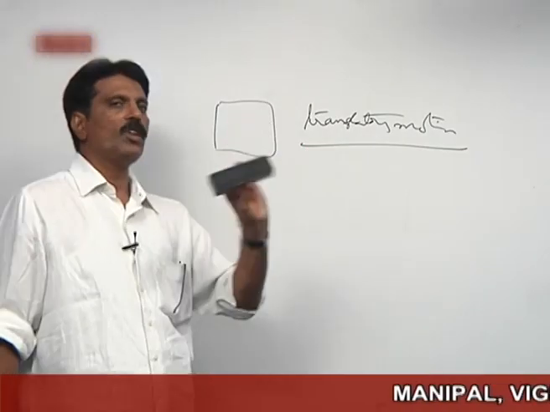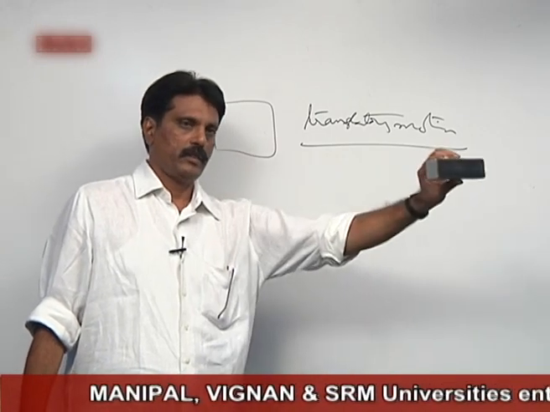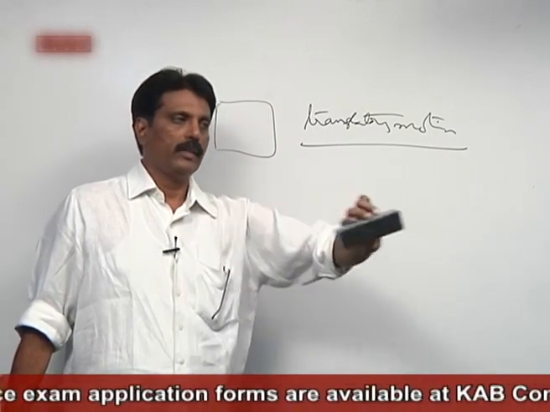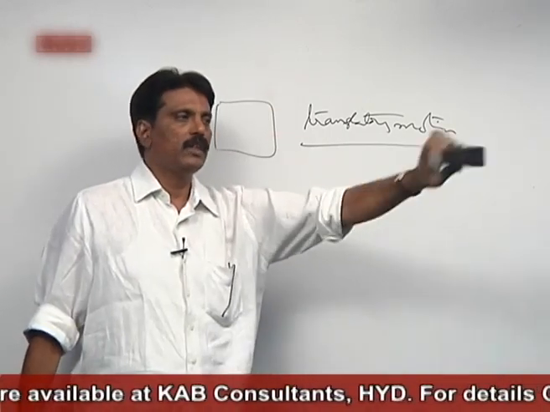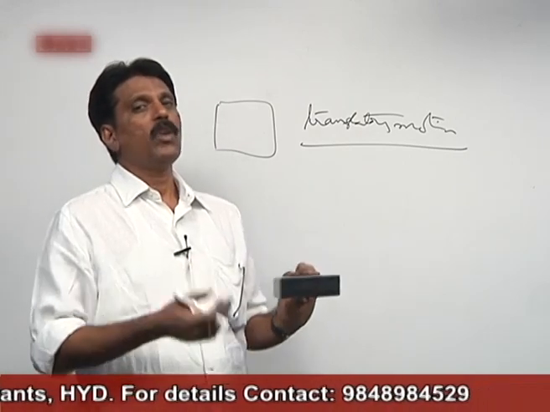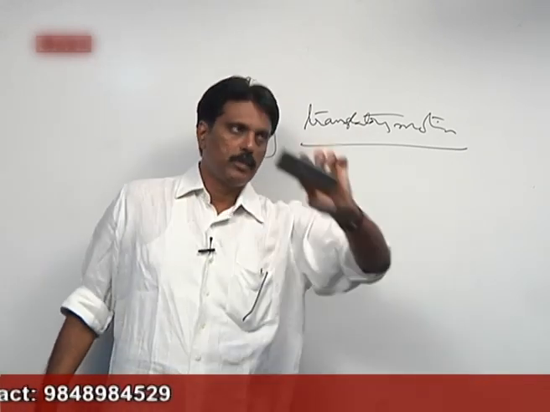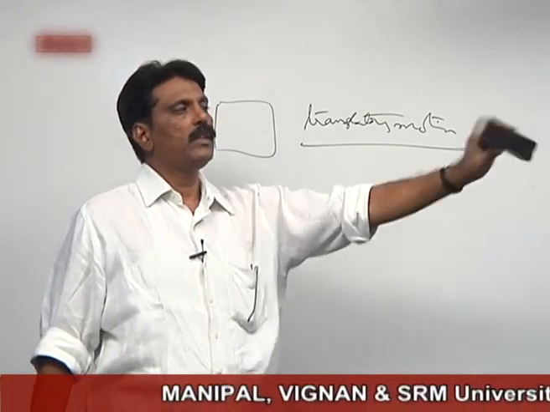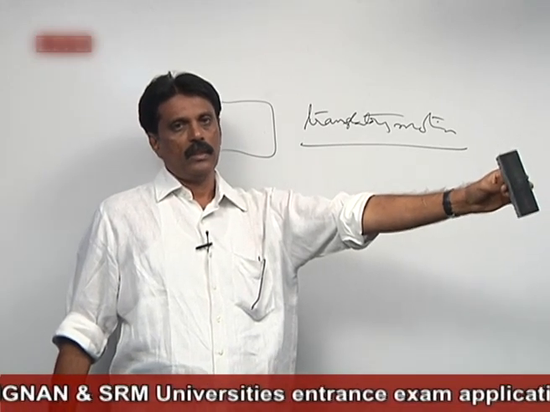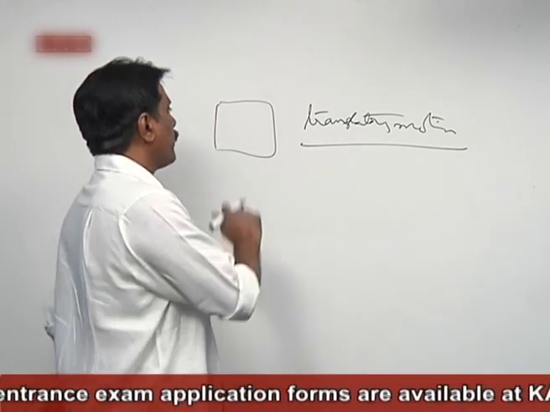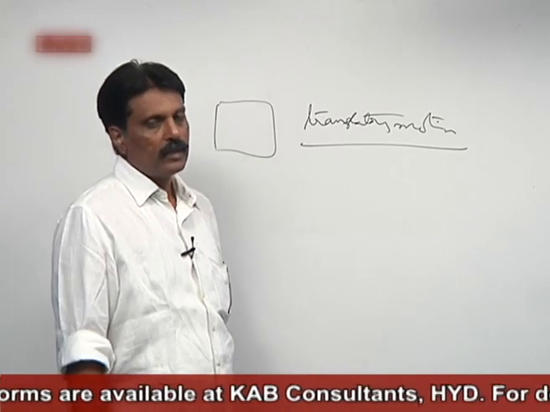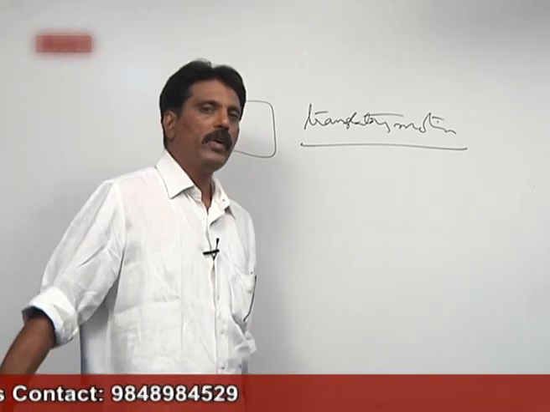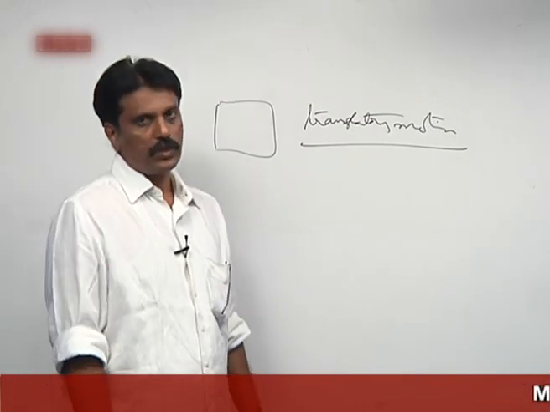For example, if you take this object, if you move it like this, center of mass also moves in a straight line like this. If the object is moving like this, this is called curvilinear motion. Curvilinear motion is also an example of translatory motion. So if the object is moving in curvilinear motion, which is also a translatory motion, the center of mass also moves in translatory motion. So the point here is, if an object moves in translatory motion, then the center of mass of the body also moves in translatory motion.